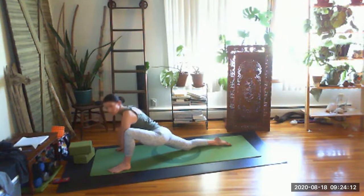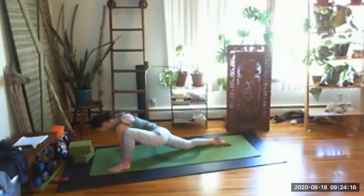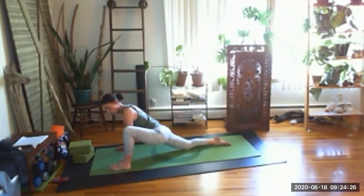You might get to the floor, you're gonna notice a difference in your right and your left. My left, I can get to the floor really quickly. My right takes me more concentration, more breath work. Now, if you are there and you are ready to open this hip up, you're gonna walk that foot